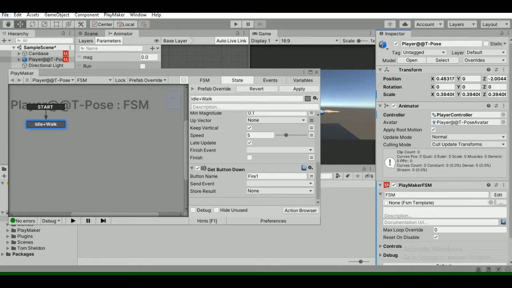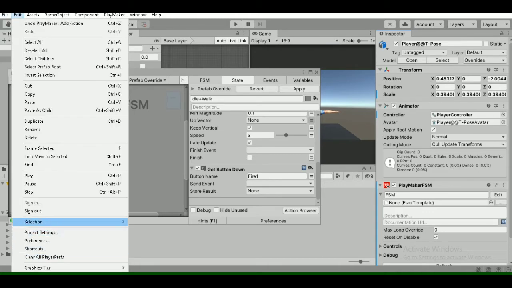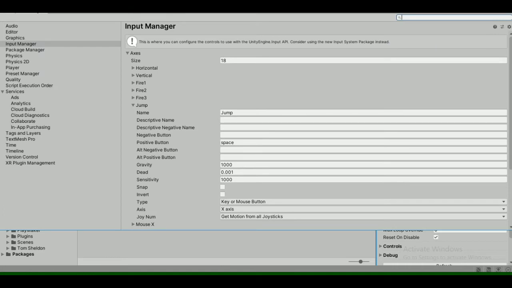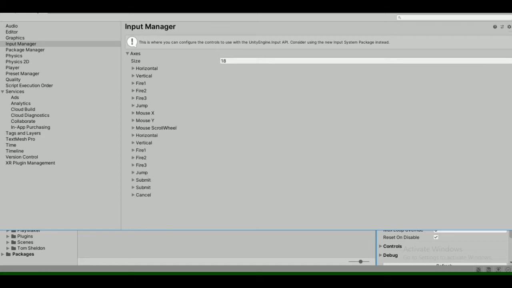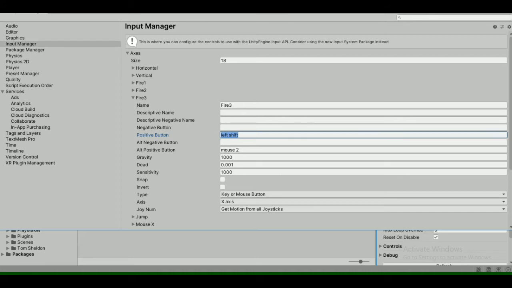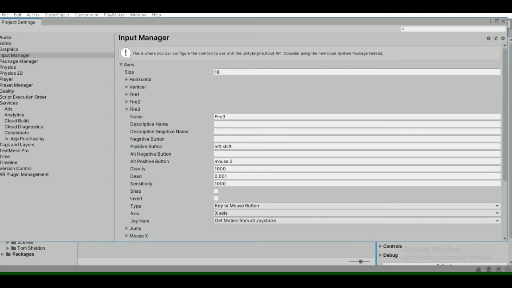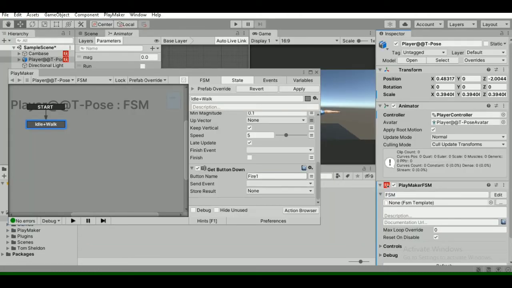So just quickly go to the project settings and come to the input, and if you see this, fire 3 is used as left shift. So we just have to add fire 3 instead of fire 1. So let's go back and replace this with fire 3 and create a new event called run,